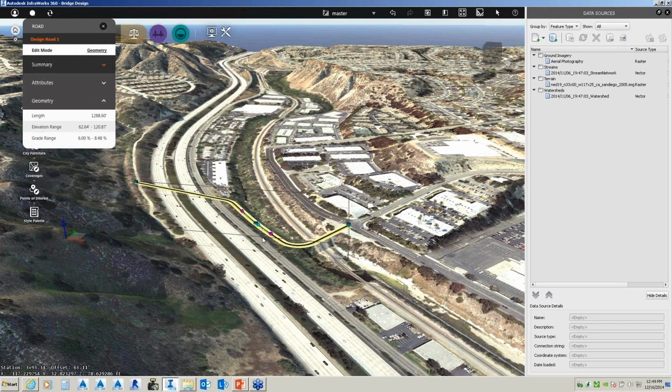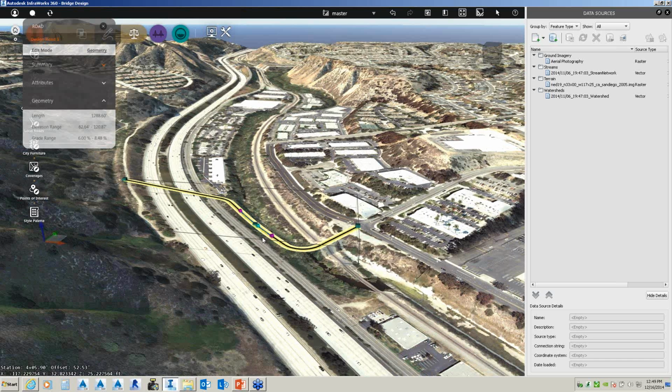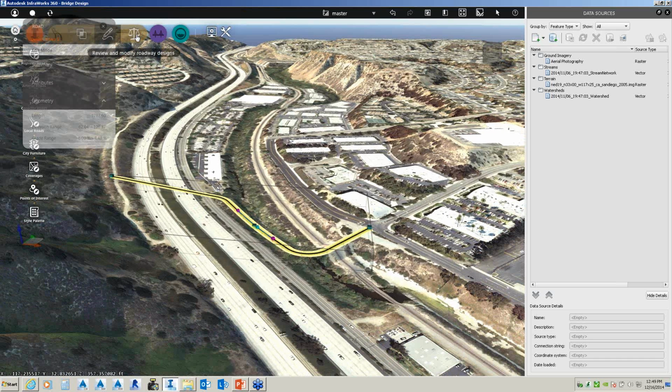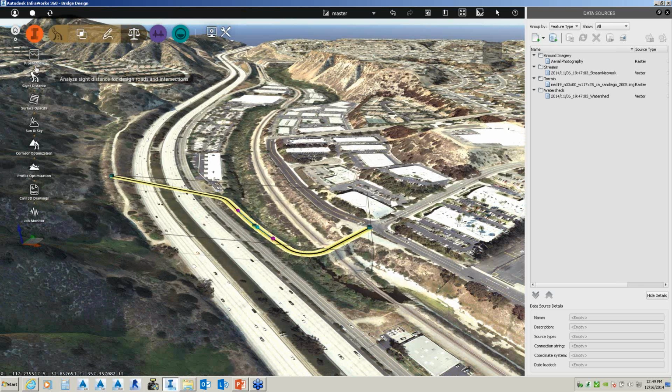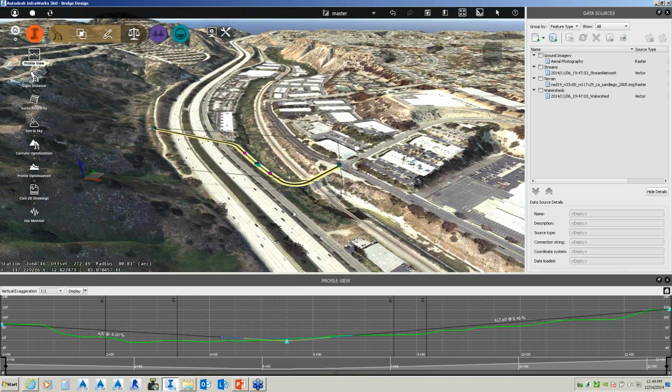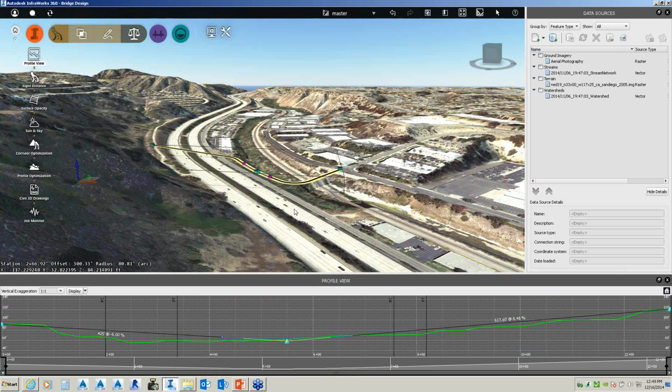The first thing that I want to do is, because I've laid this on the existing ground, one of the very unique things that a civil engineer needs to be able to do is get a concept of what that looks like in profile view. So if I look up, there's my profile.